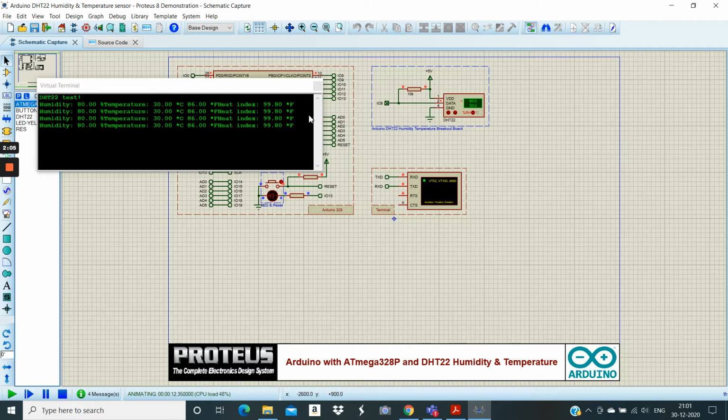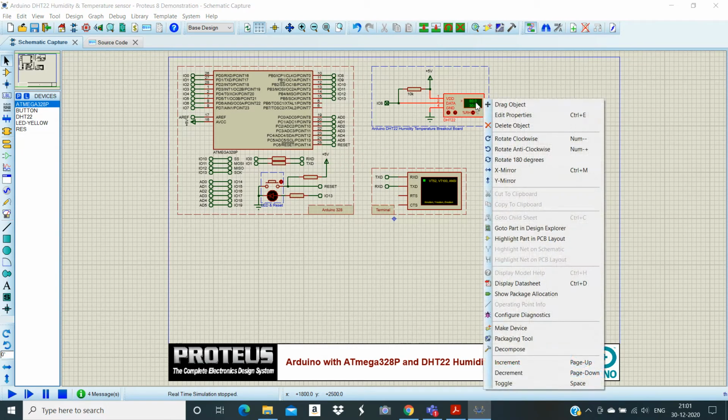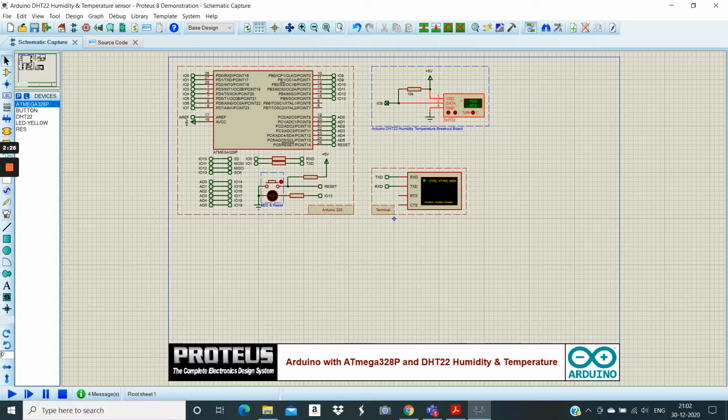Now we will test another condition, so we will close it once again and edit the property. Let's keep the temperature at 30 and change the humidity to 10, let's say 10. Okay, and we run it once again.